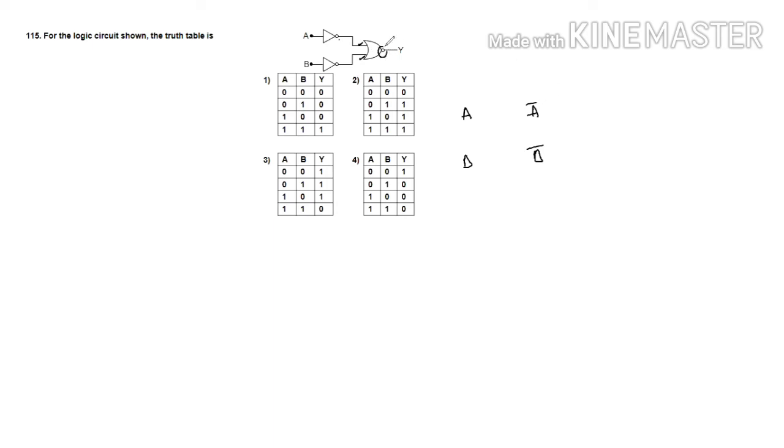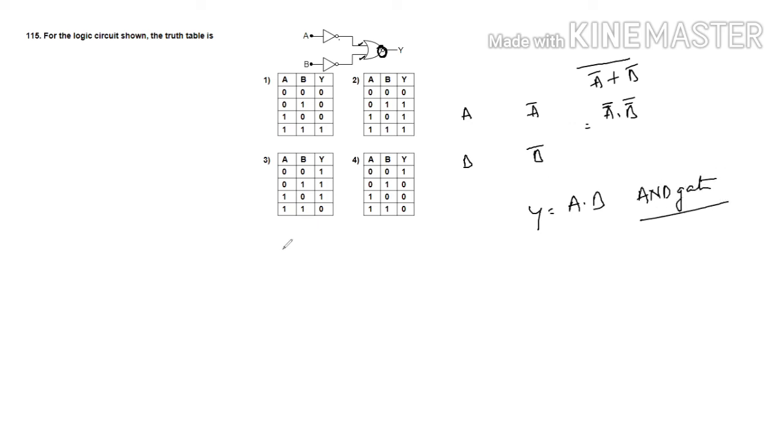Why means here we are having a NOT once again, so the output will be A naught naught and B naught naught. Why means it will be (A naught plus B naught) whole naught. Here we are having a NOT gate, that is the reason why. So simply we can say, A naught whole naught is simply equal to A. So Y will be simply AB. So it is an AND gate.